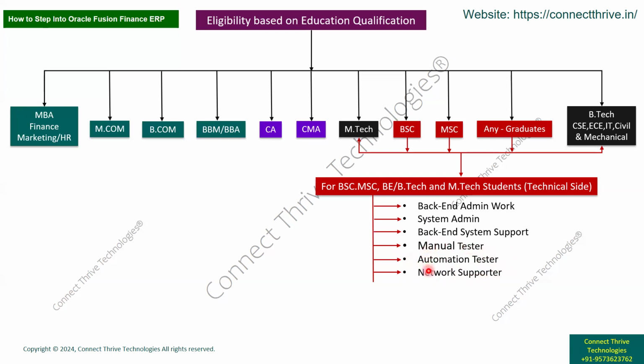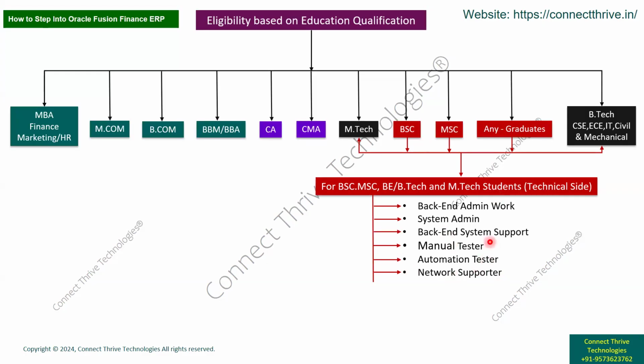If you have 5 years of experience, your salary may be 3 lakhs or 4 lakhs like that. So manual testers, automation testers and network supporters can opt for this course and choose your career as a functional consultant job. This is more or less for technical students who are stuck in different domains. There is no growth in the streams they are working in. So my suggestion would be you can take RK Finance Functional Consultant and change your career as a functional consultant.